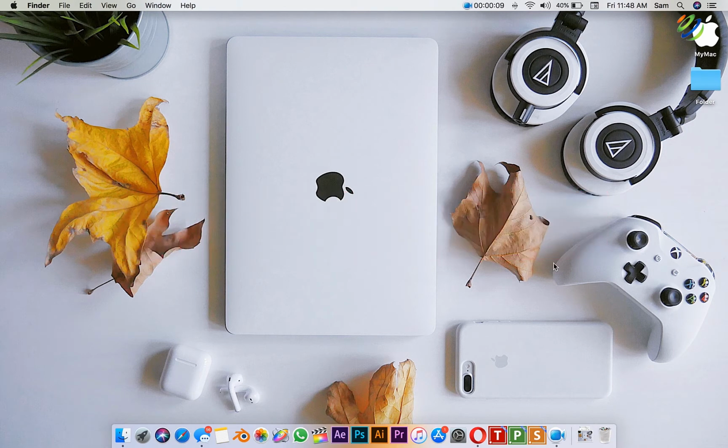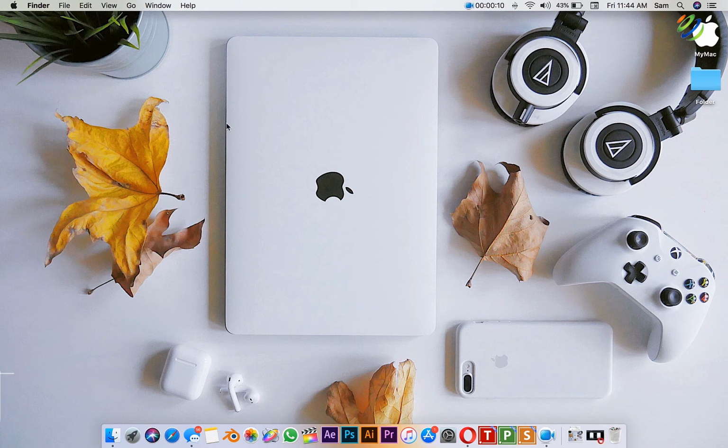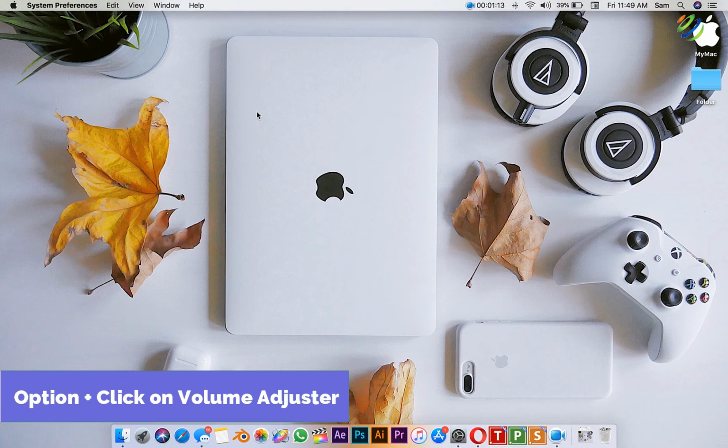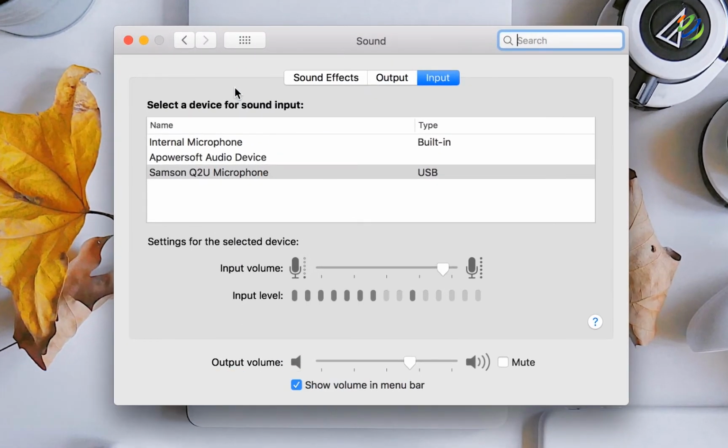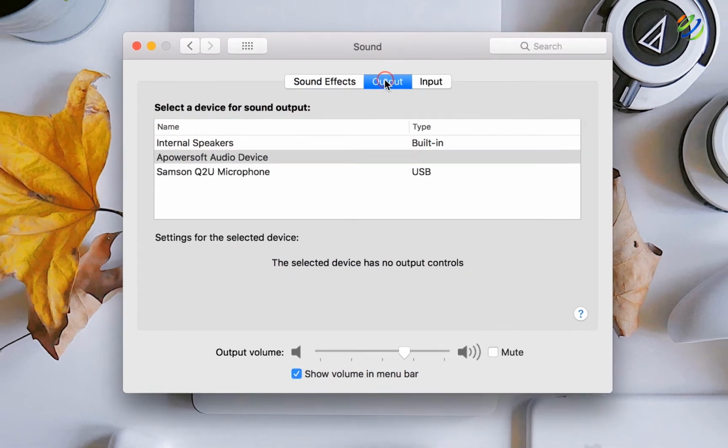If you have speakers or headphones set up with your Mac, and if you have a headset or microphone connected, you may find yourself wanting to switch between different inputs or outputs. But this does not have to mean a slog to system preferences each time. Just hold Option and click the volume adjuster in the menu bar or press on one of the volume buttons on your keyboard. This will bring up a list of audio inputs and outputs. You can select the one you want.